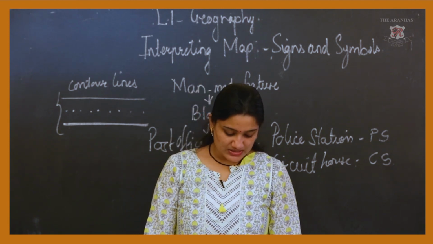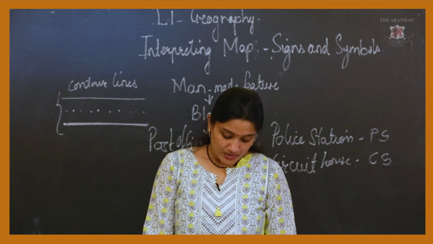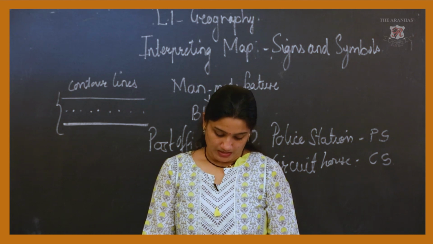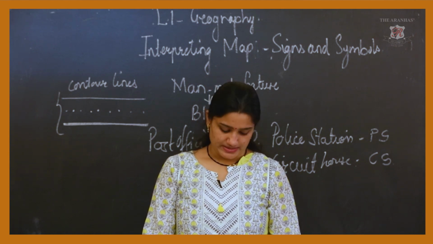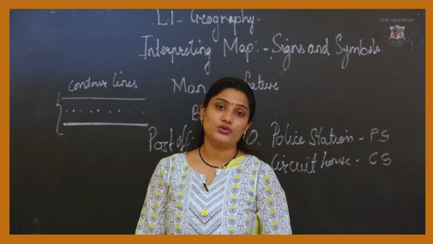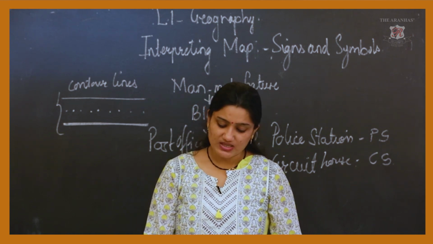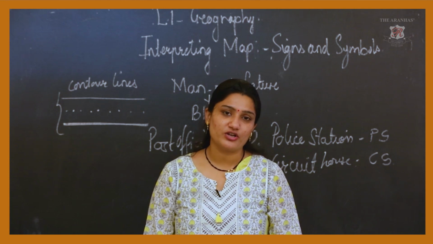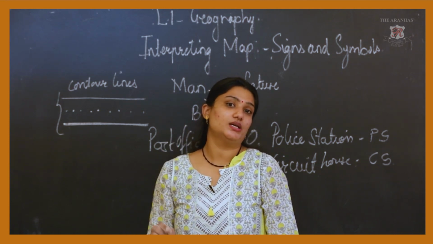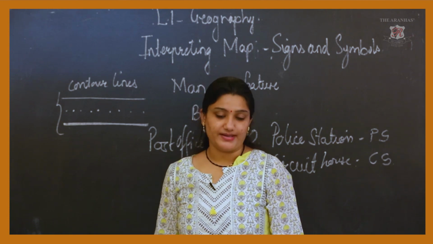Now, black is used for riverbanks, broken ground, dry streams and trees. It is also used to mark railway lines, telephone lines and the lines of latitude and longitude. All these five colors are very important, which you have to learn by heart: black, brown, green, yellow and red.